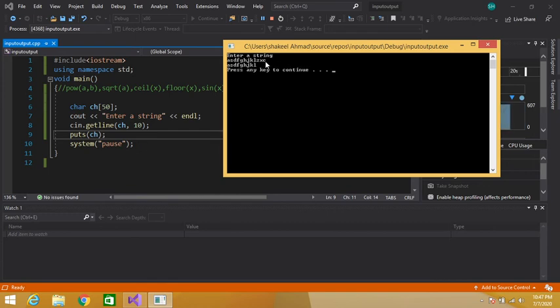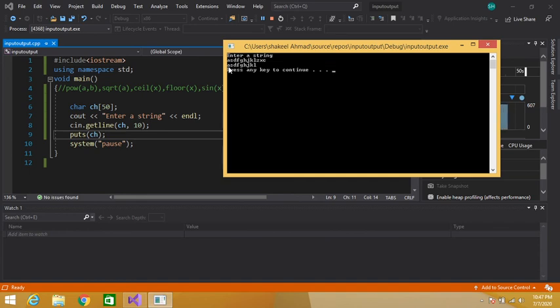So I have entered 12 characters, but it has only displayed 10 characters. Why? Because we have given the length of 10, so only 10 characters will be stored in the ch. Here in cin.getline I have provided 10.